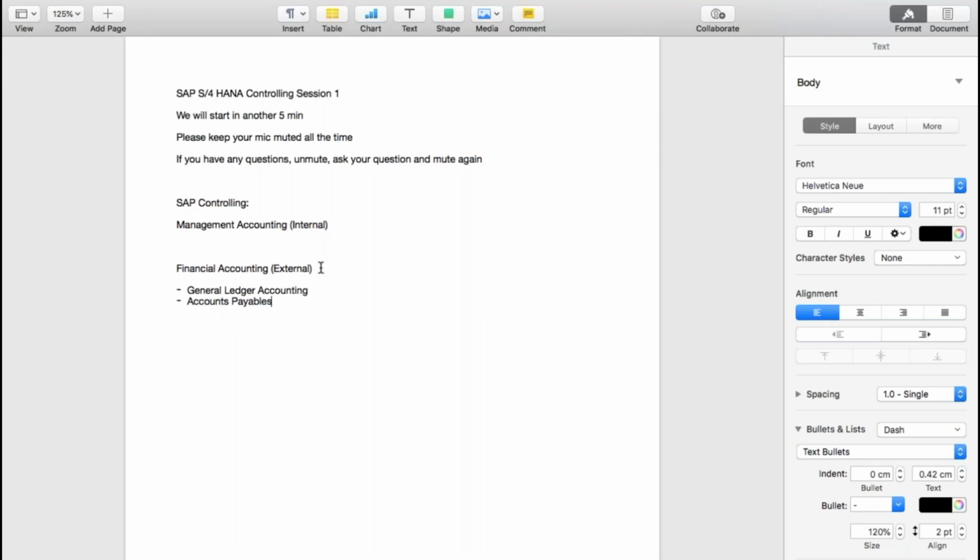Okay, accounts payables is nothing but all the transactions relevant to vendor, right? Similarly, if you go for accounts receivables, in accounts receivables, it is everything related to transactions relevant to customers,